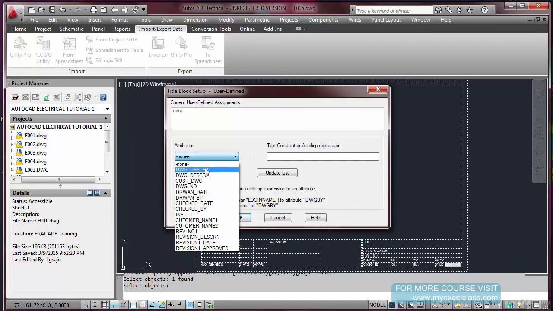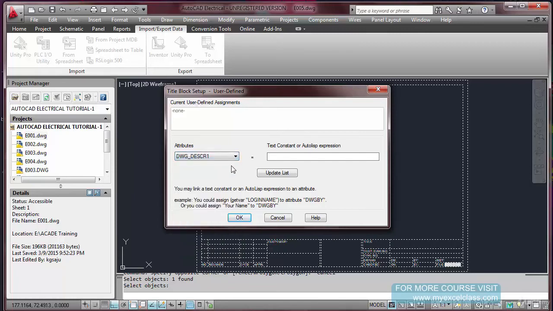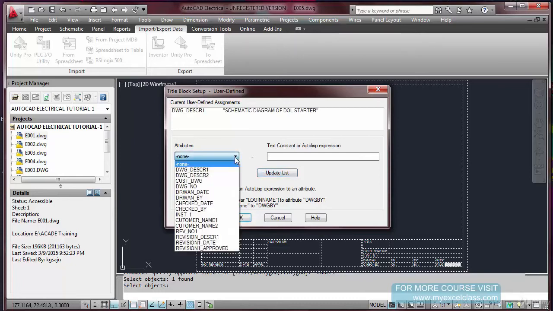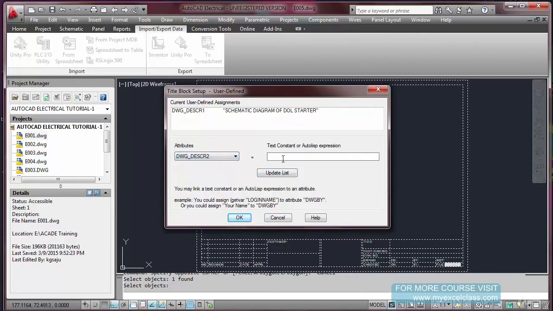So now I am picking drawing description. I am putting it as schematic diagram of DOL starter. Update list. Now go to the second.